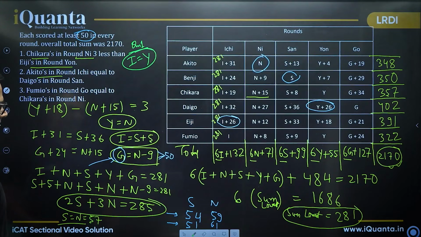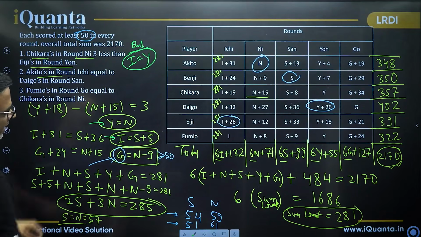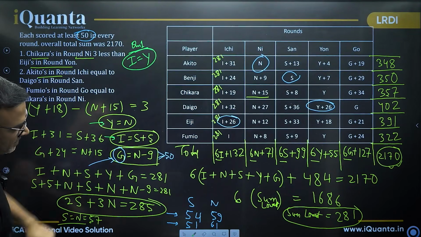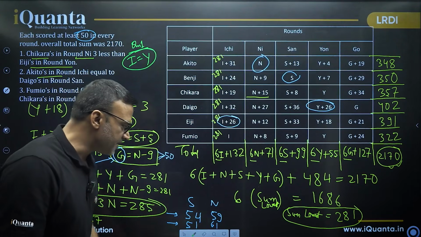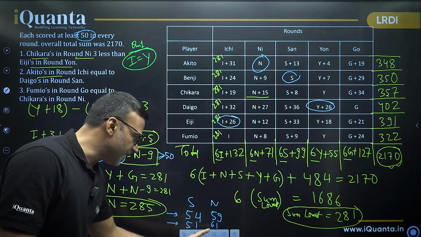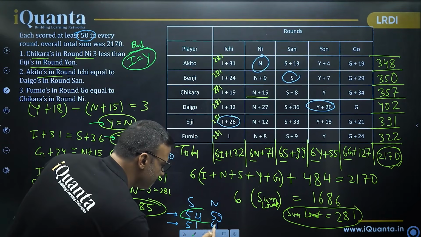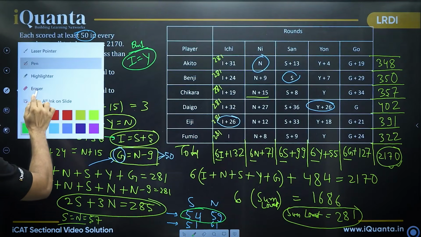Okay, so I equal to Y. Nice. Look at this. If I take I equal to Y, then N is equal to S plus 5. Now go back here and check in which case you have N equal to S plus 5. 59 is 54 plus 5, 61 is 51 plus 10. All right. So we are talking about this possibility in which S is